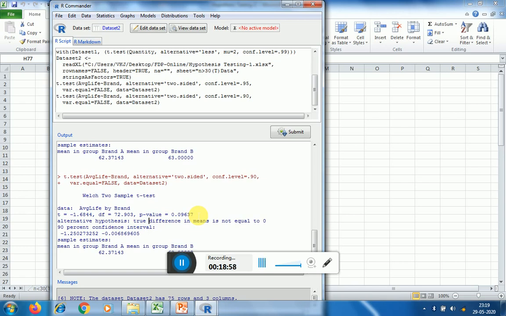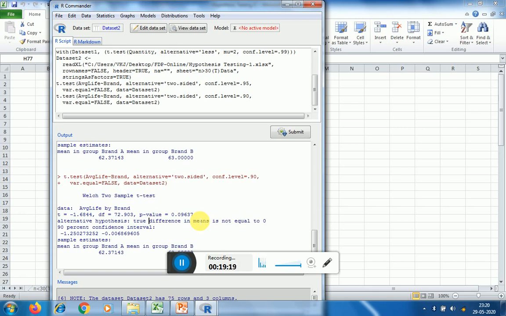It may happen that something is not accepted at 1% but may be accepted at 5%. Something which is not accepted at 5% may be accepted at 10%, which is what we are observing in this case. So this is how you can make your own inferences.